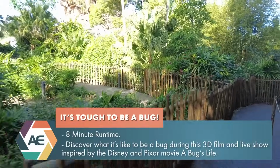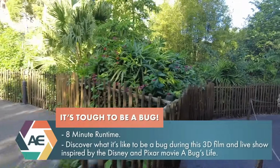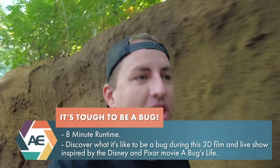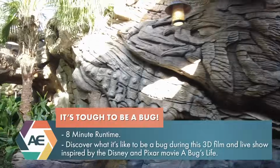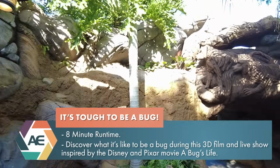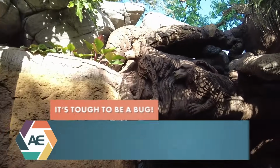I have yet to leave the theater ever in the history of ever, and I've seen this show quite a lot of times because I love it, without hearing some sort of child cry. It can get intense. Also, the show actually takes place inside of the park's icon, the Tree of Life, and you get a really up-close, personal look at some of the